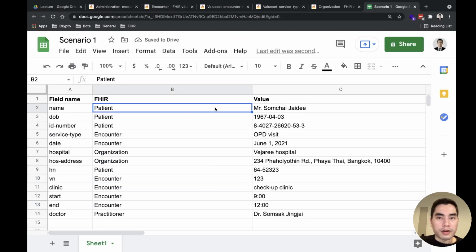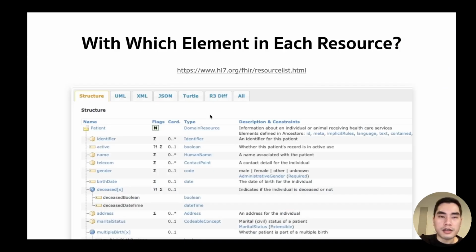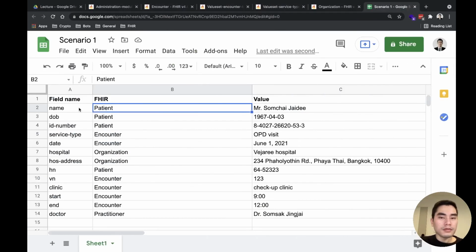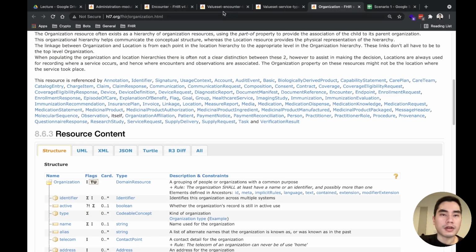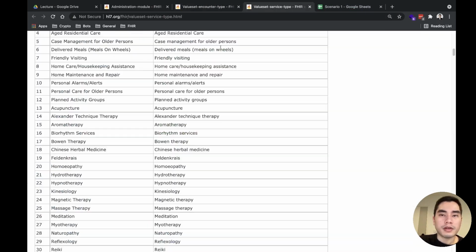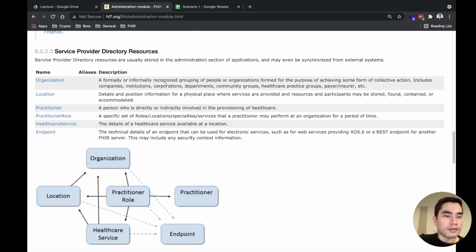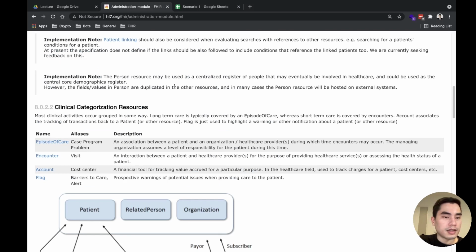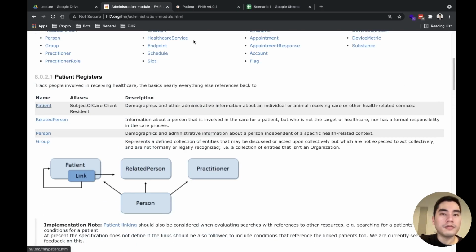Now we have a rough idea of which resource we will use for which field to represent the information. Then the next step is choosing which element in each resource to represent the information. The first one is name of the patient.